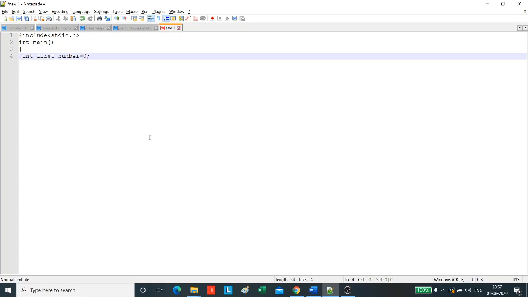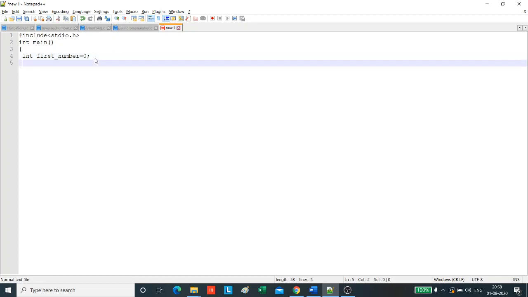I have assigned the value 0 because the Fibonacci series can start from 0, 1. It can also be 0, 1, 1, 2 and so on, or you can start the series from 1 as well. So let's print the series from 0.